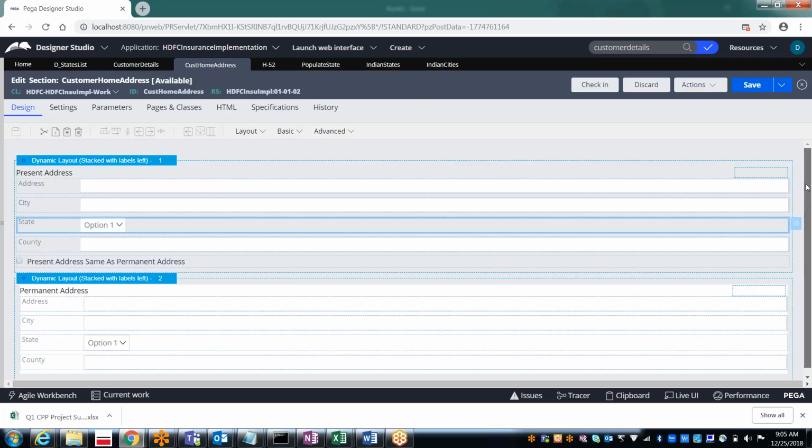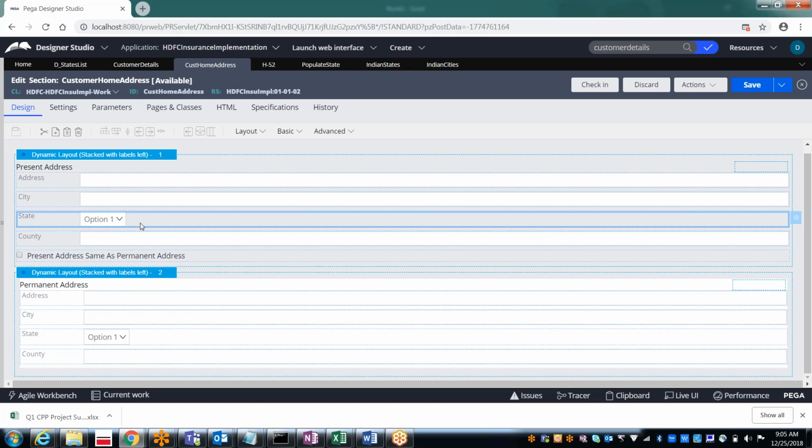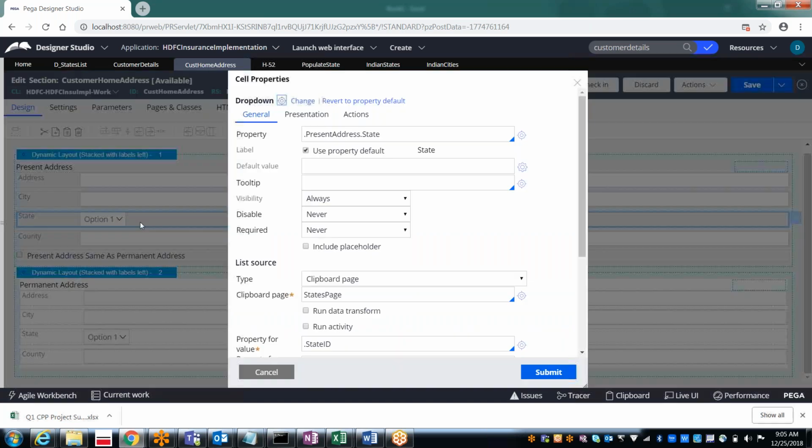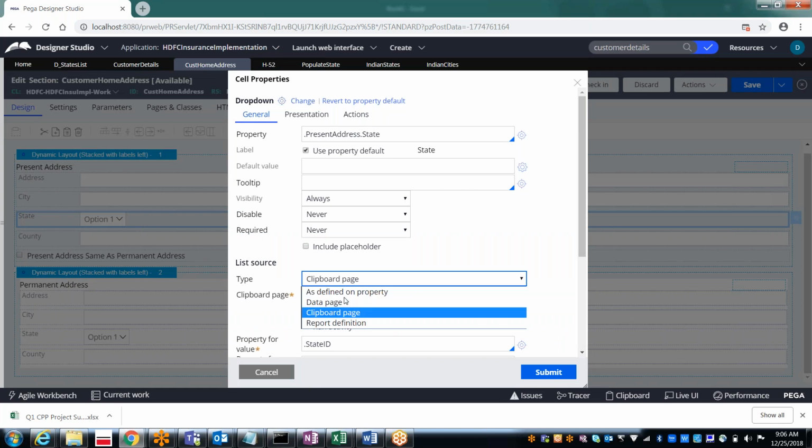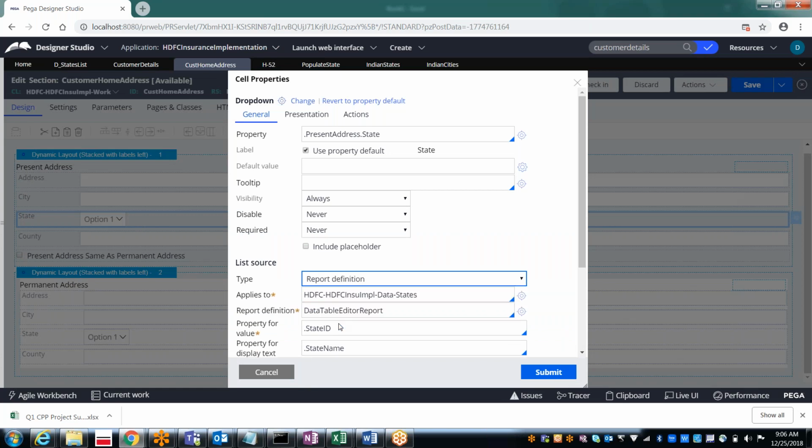So now let's do it through the report definition. Instead of the clipboard page, we need to select report definition. What is the applies to?